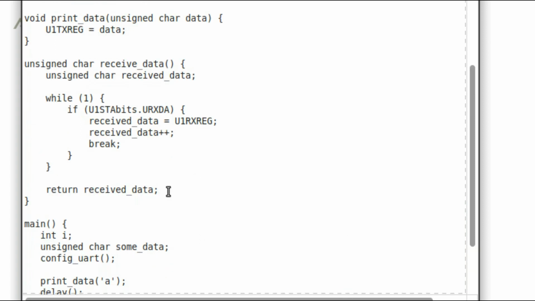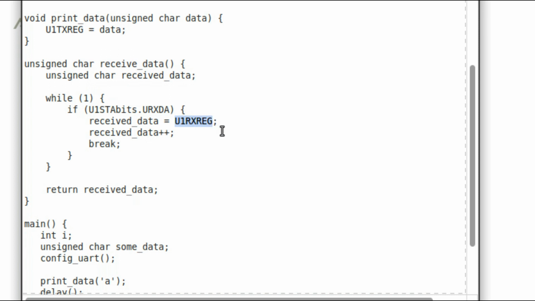Let us see the implementation of receive data. The return type is unsigned character. In the infinite while loop, we are waiting for the input. Once the interrupt is raised internally as input, we will store the data sent by the slave device.